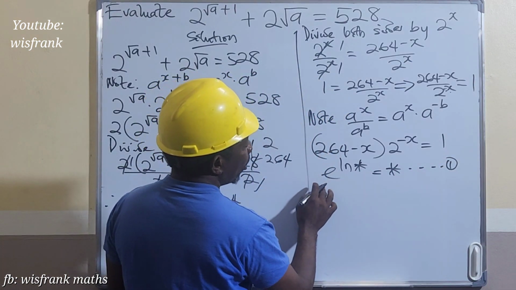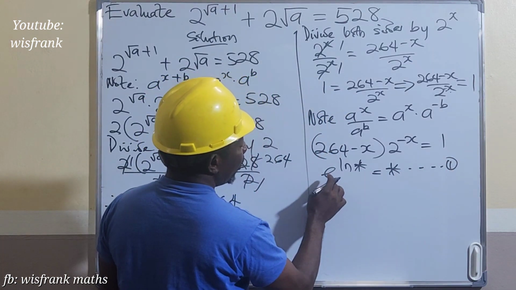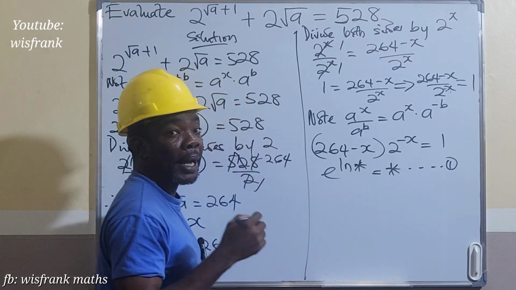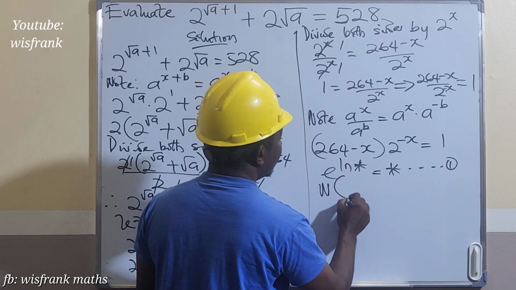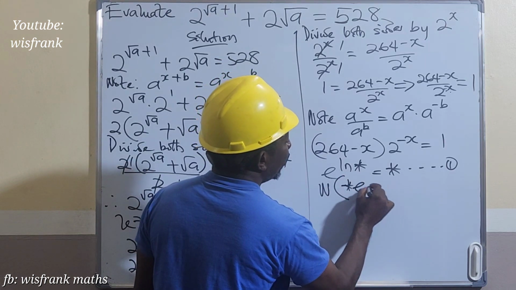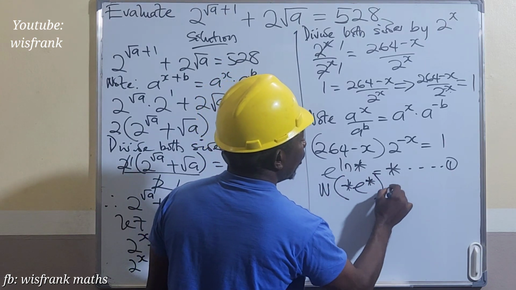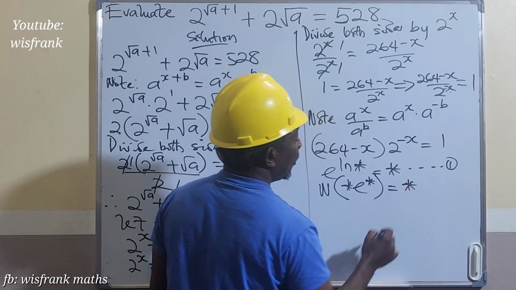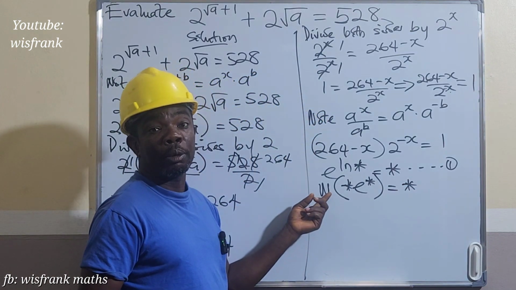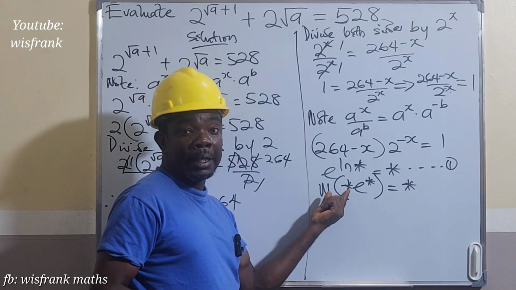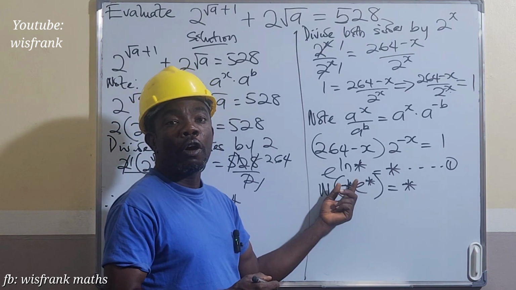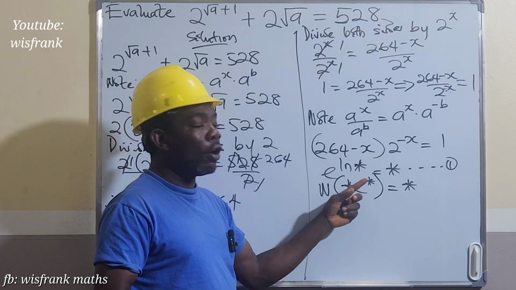And here, we call it the first equation. The first one is for us to apply the Lambert W function. Anytime we have the Lambert W function of star times e to the power of star, it will give us star. This is the application of the Lambert W function. Anytime we apply the Lambert W function of star times e to the power of that star